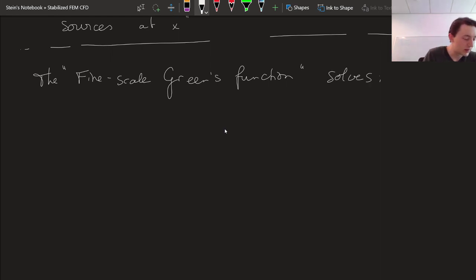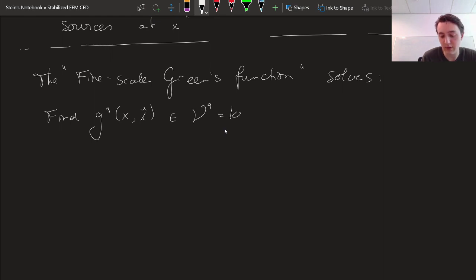Find g prime of x comma x hat in our fine scale space, again the kernel of the projector,